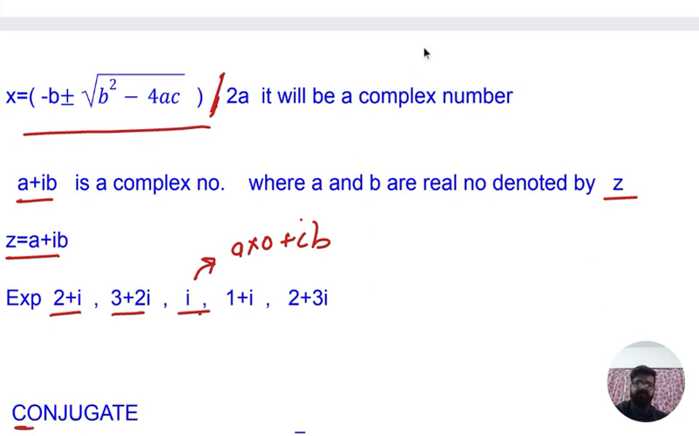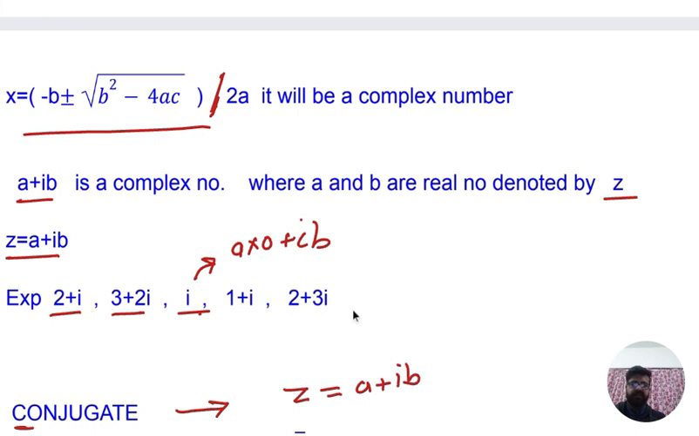So we will see what this is and what a conjugate is. Now we will study what a conjugate is. Okay, we will see what a conjugate is. As you can see, if there is a complex number z equals a plus ib, and now